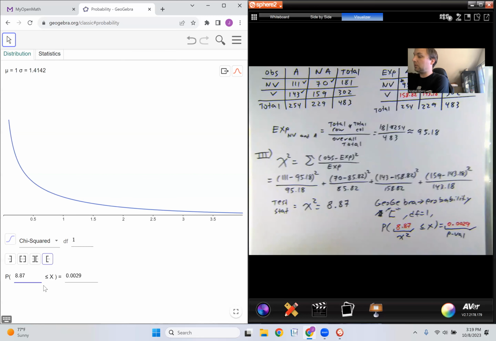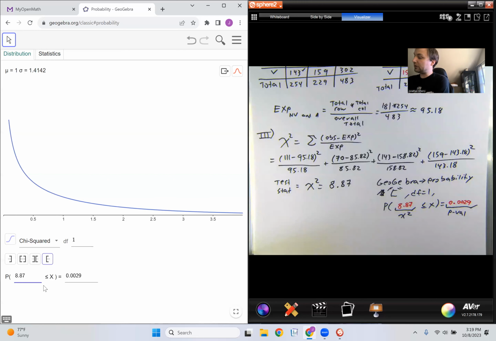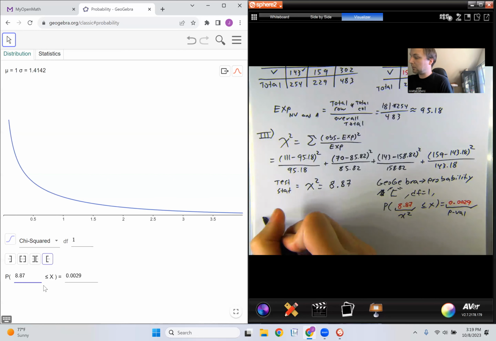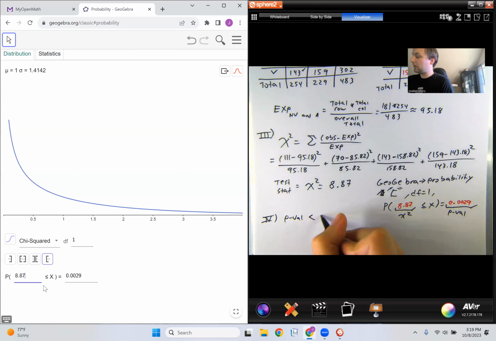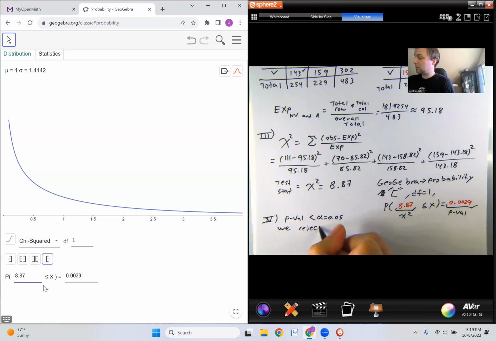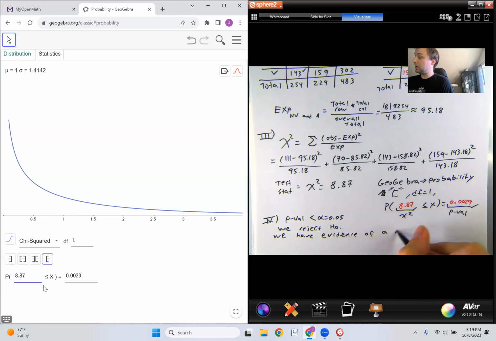So compared to, say, an alpha of 5%, you might say this p-value is smaller than an alpha of 5%, we reject the null hypothesis, and we have evidence of a relationship